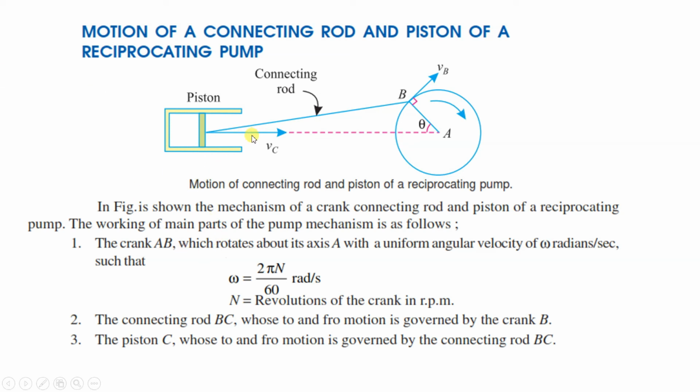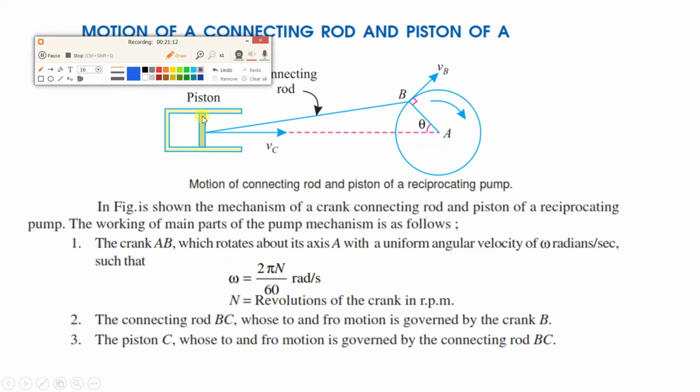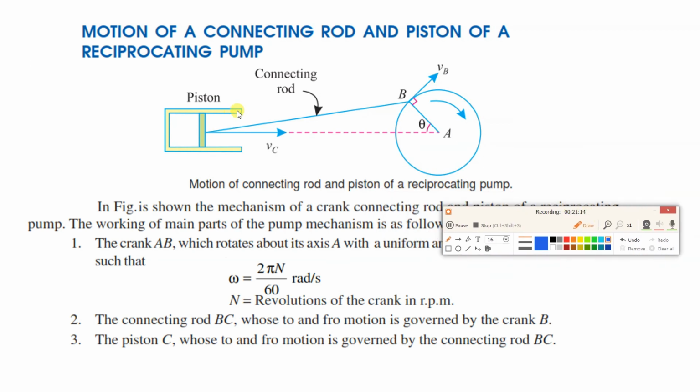Now here you can see the different parts. Understand the names of the parts. Here we have this outer part, which is the cylinder. It is cylindrical, it will be like this. Then this center part is the piston. This piston will be in the form of a disc, which is reciprocating inside the cylinder.